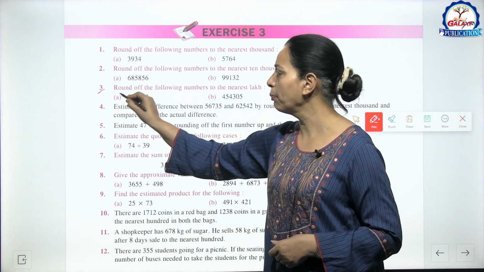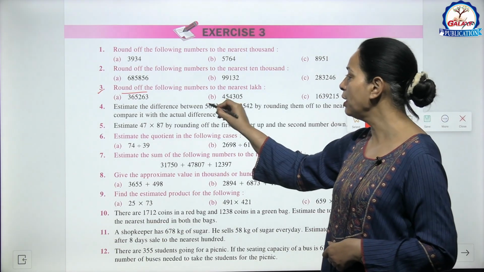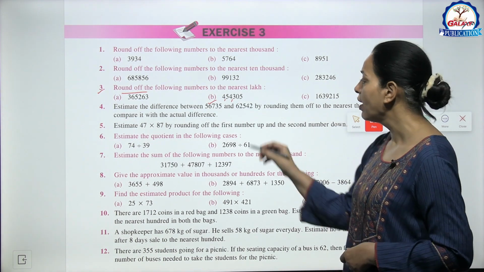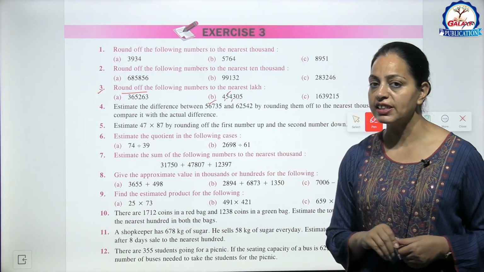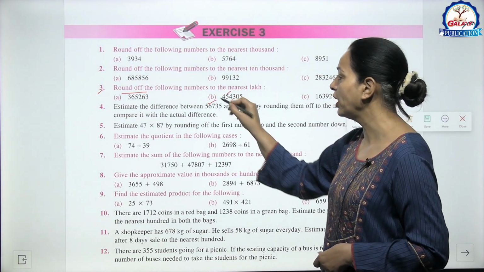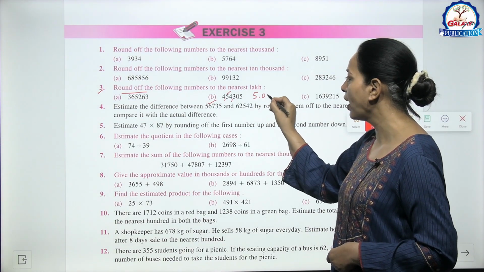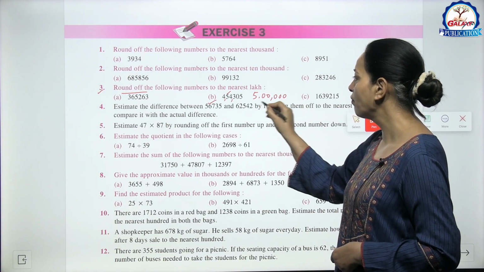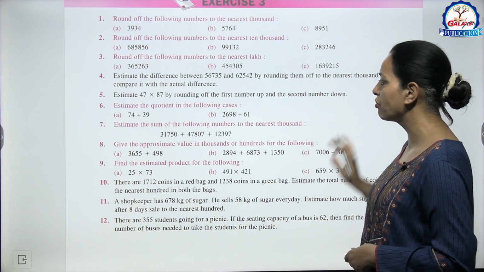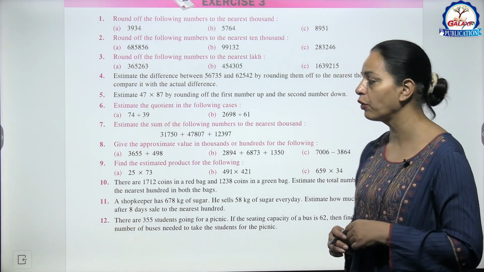Now come to question number 3. Round off the following numbers to the nearest lakh. Like B part, this is 4,54,305. आप देखेंगे 10,000 digit which is 5 and equal to 5. सो वी हैव टू चेंज लाख डिजिट +1 कर देंगे और बाकी को 0 बना देंगे. सो दिस इज 5 lakh, right? So I hope this is clear to you. You can try remaining parts. Similarly, 4th and 5th question you can try on your own.